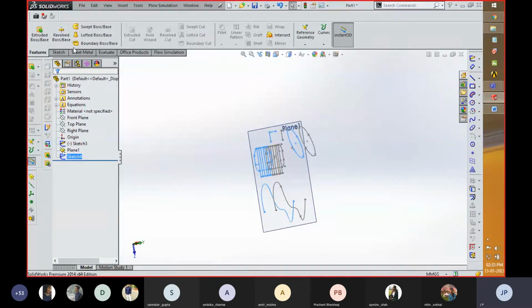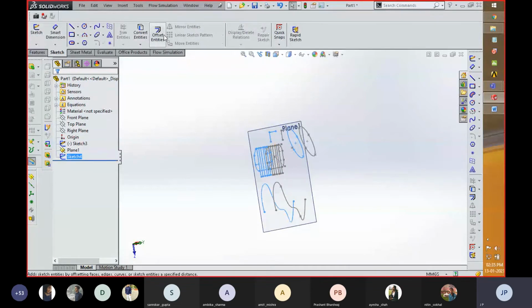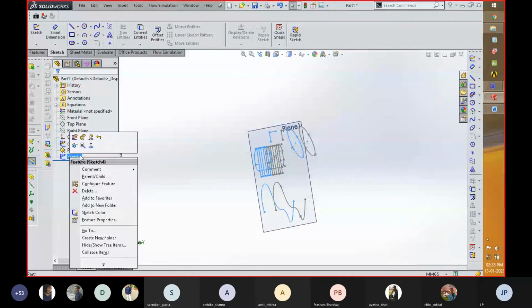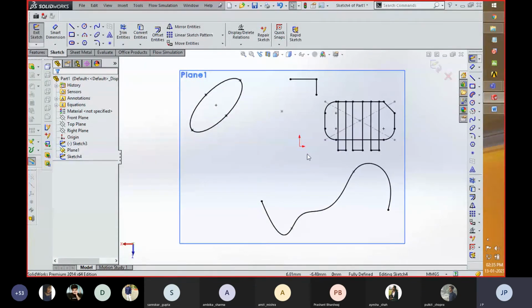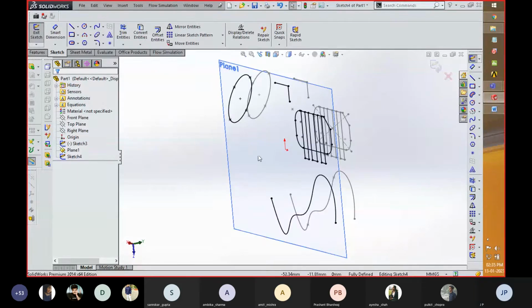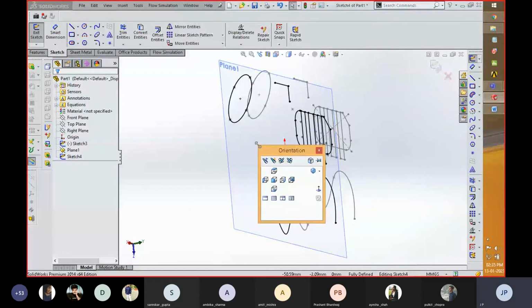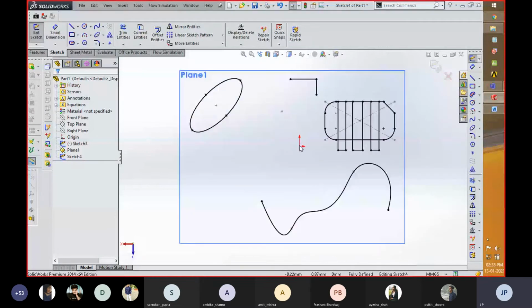There are a few tools left in the sketch module. So, the Offset Entities. For editing, you have to right click on the sketch panel and then click on Edit Sketch. Then if you require any plane, you have to create a normal view. For getting this toolbar with the help of a keyboard shortcut, you have to click your spacebar button. With the help of that, you get this pop-up, with which you can keep a parallel view of a plane with the user.